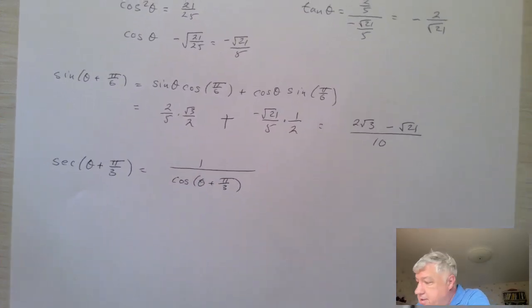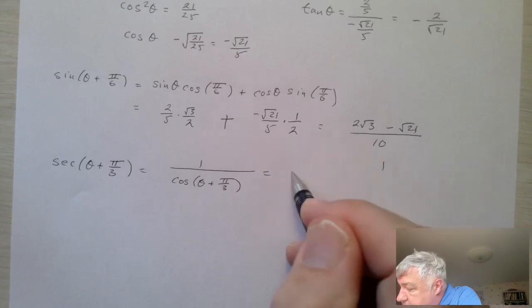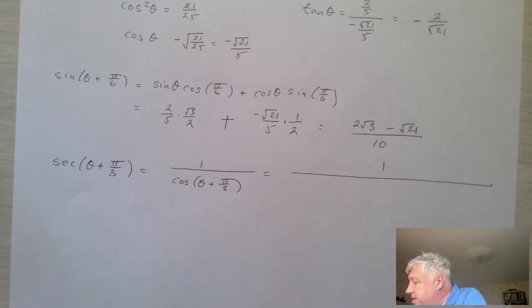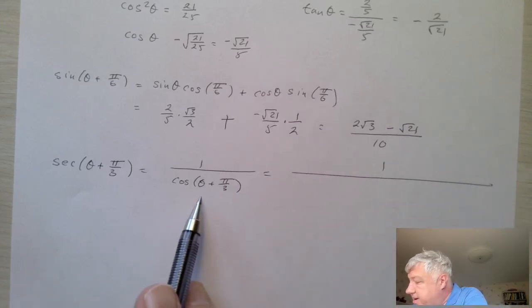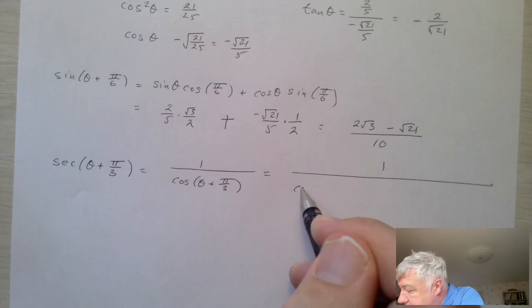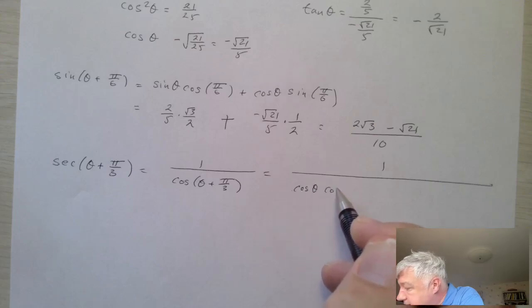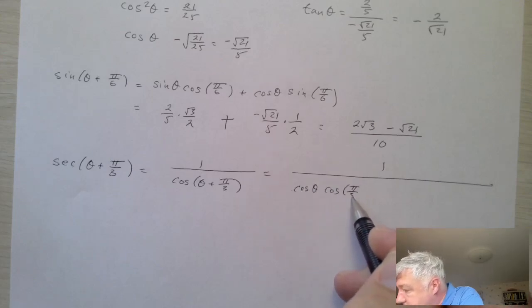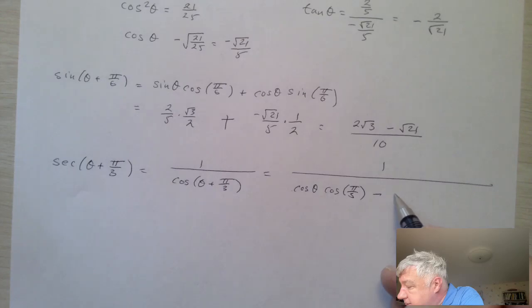So this is going to be 1 over the cosine of theta plus pi over 3. Okay, so we use the formula for the cosine of alpha plus beta. This is the cosine of theta, cosine pi over 3, minus sine of theta, sine of pi over 3,